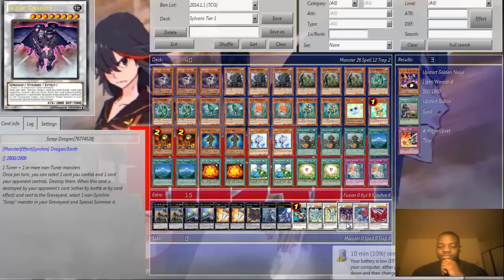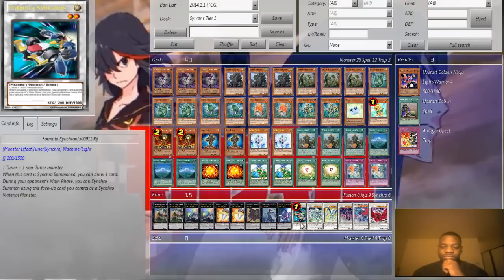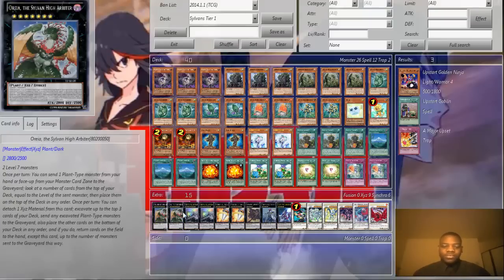So moving on, Scrap Dragon, Stardust Spark Dragon, Stardust Dragon, Formula Synchron. You could add Shooting Star Dragon. The extra deck is kind of still in production for me, so I'm just going by what I see I need in the duels. 101, Excitation Night, Cowboy Game, 2 Big Eyes, 2 Dragon Sack, 2